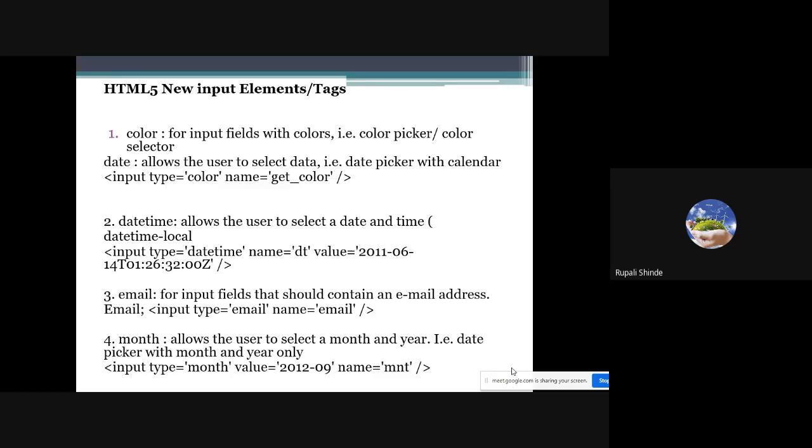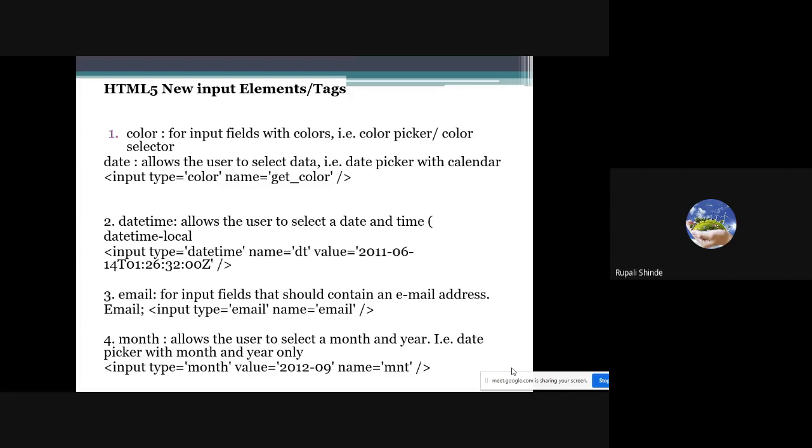During form creation, you are going to use various types of inputs like text box, checkbox, list, and button. Now HTML5 gives us additional input types which we are going to include. So we are going to see some of those various input type elements.